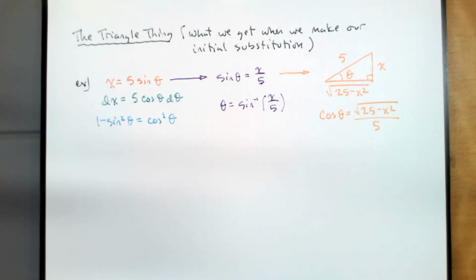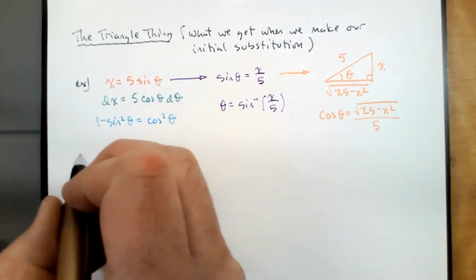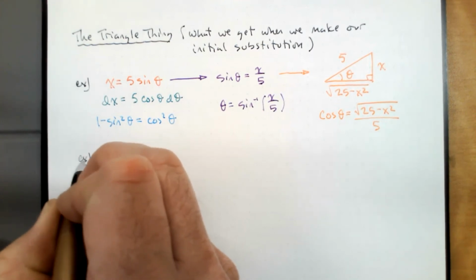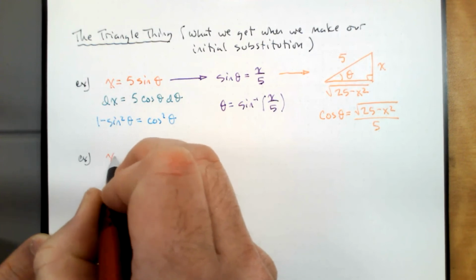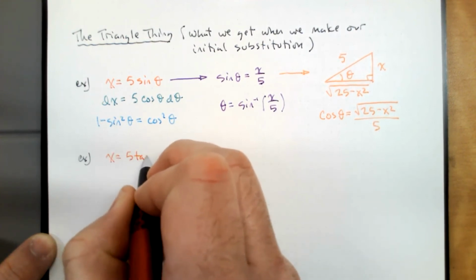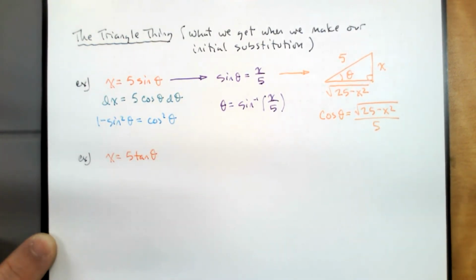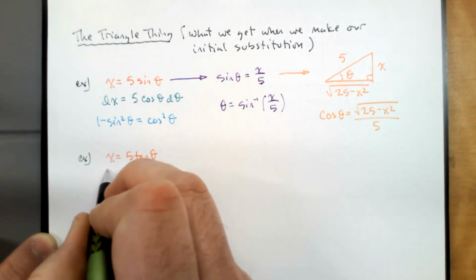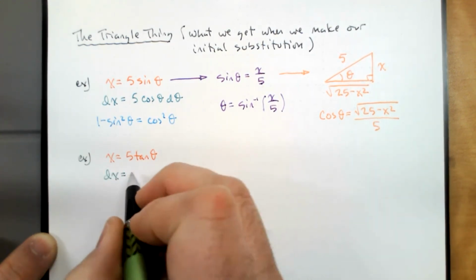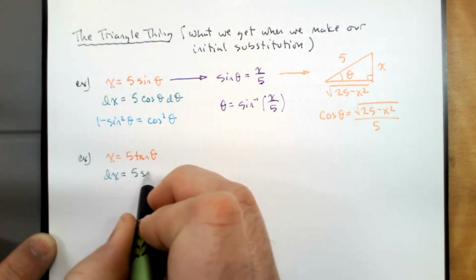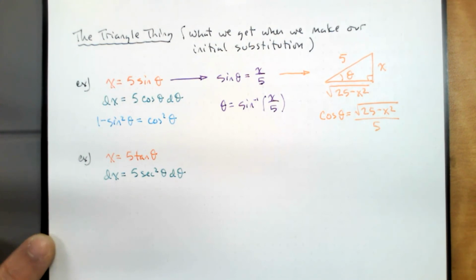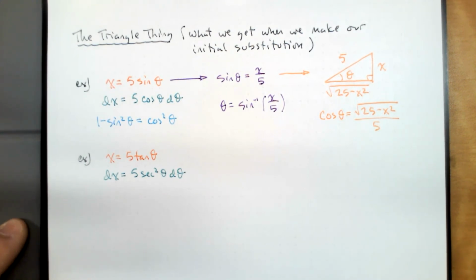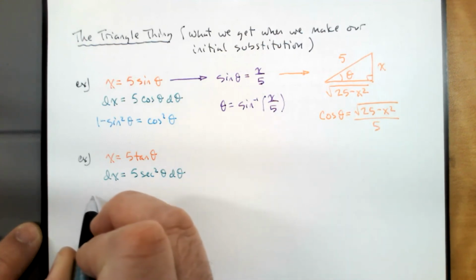In the tangent case, it'll look a little bit different. In the tangent case, let's suppose that we set up to make the substitution x equals 5 tangent theta. If x is 5 tangent theta, then dx is 5 secant squared theta d theta. We're going to need a Pythagorean identity, which is going to say secant squared plus 1